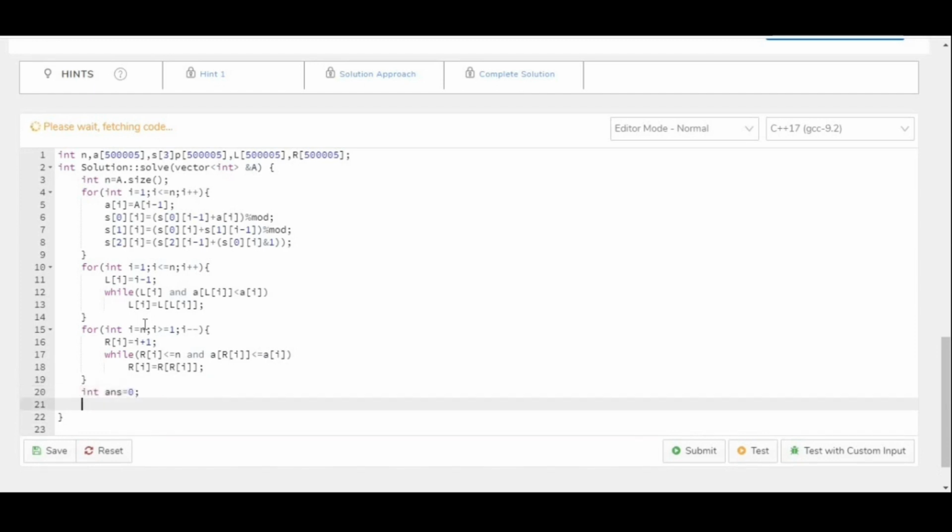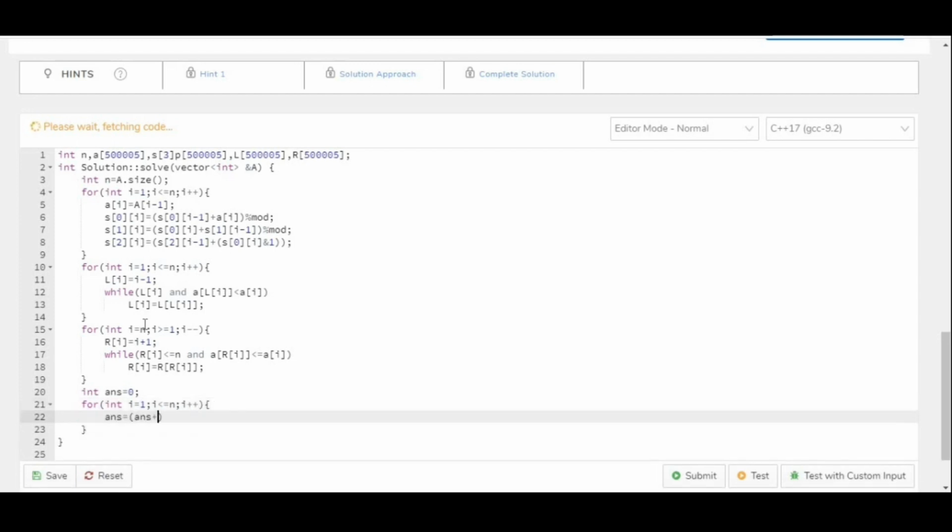So let's initialize our answer as 0. And for int i equal to 1, i less than or equal to n, we know the range in which A[i] will be maximum. So we will add answer plus A[i] into 1LL into F(L[i]+1, i, R[i]-1), where i is the middle element.